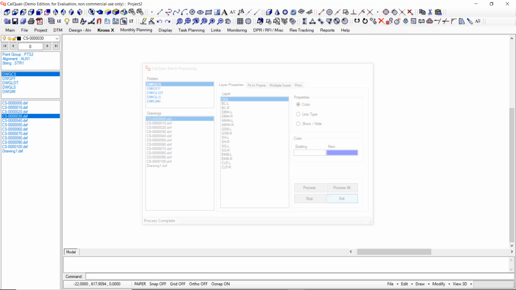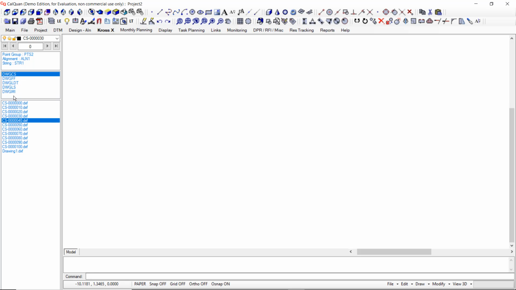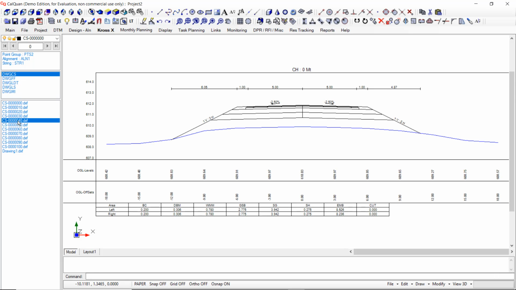Now if I exit and then I select this, please note one thing, do not scroll over here. If you click this button, anything over here, the drawings will be reprocessed. If the drawings are reprocessed, again this color will become default, that is black and white. As I have said, in batch process drawings, we are not changing the settings. We are only changing the color superficially. So you will see here in each and every drawing, the color has been changed to blue.